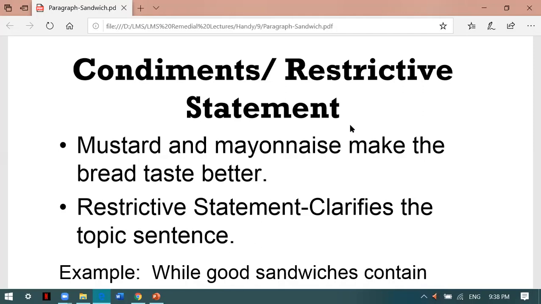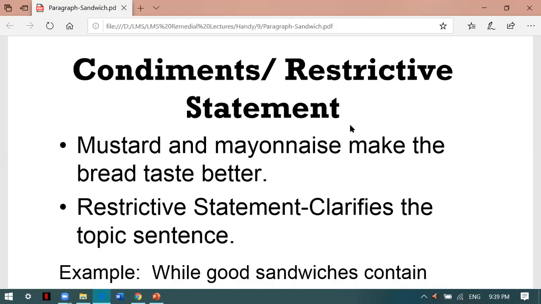So when I taught you about the paragraph, I told you after a topic sentence there is a little bit of elaboration of the topic sentence. We kind of rephrase the main idea to tell what we understand by the topic, because there might be confusions for the reader, that he might interpret the topic sentence differently than you might mean. That's why we need a restrictive statement that restricts the idea to what you want to say as the writer of the paragraph. So this sentence, which is used after the topic sentence to restrict the idea or to elaborate it further, to interpret the main topic sentence and your argument, this combines and then